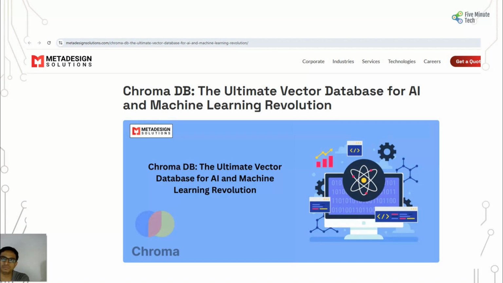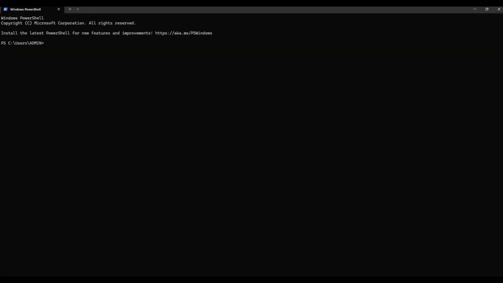So now we'll move on to the actual implementation. We will be doing the steps which are required to implement this RAG application. So let's get started with that. So the first step is to set up WSL, and the way you can set up WSL is